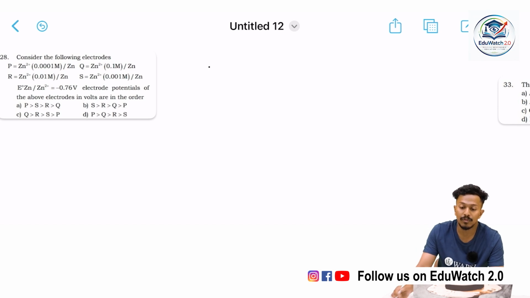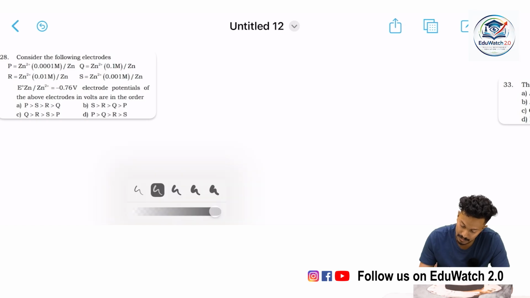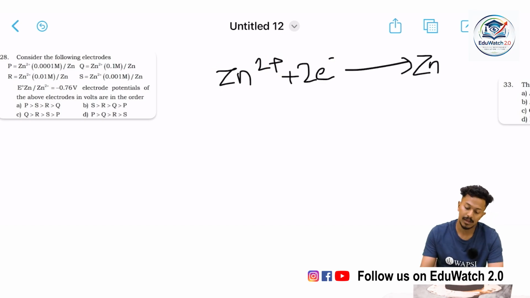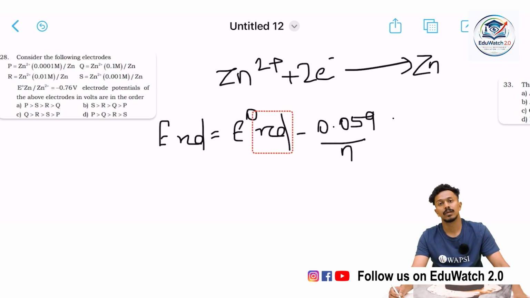So we have Zn2+ treated with 2 electrons, we get Zn. E reduction of this reaction is equal to E0 reduction minus 0.059 by n, log